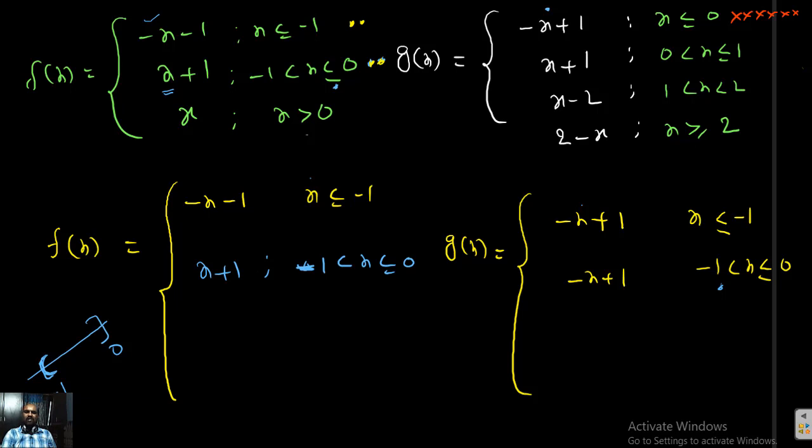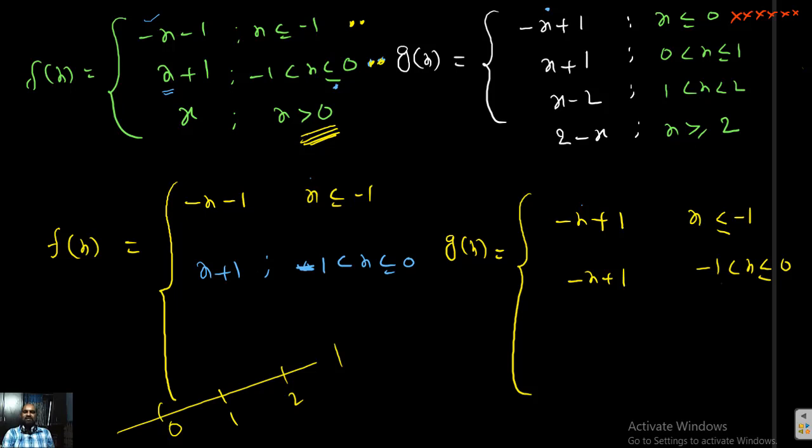Next we need to split it. This is a very, very difficult question, students. Next, these two are completed. Here 3 rules are there, here 1 rule is there. 0 to 1, 0 to 1. Here we need to split this, 0 to infinity. This should be split into 3 pieces: 0 to 1, 1 to 2, 2 to infinity.